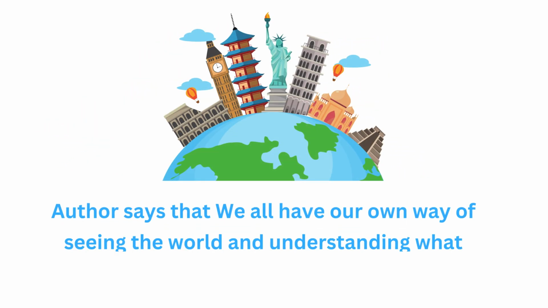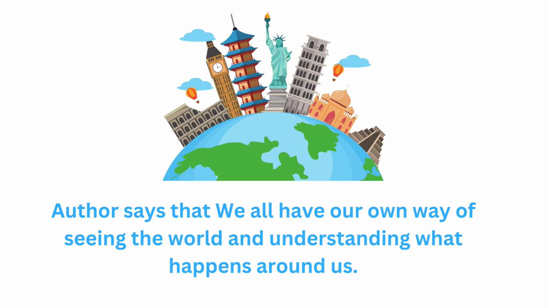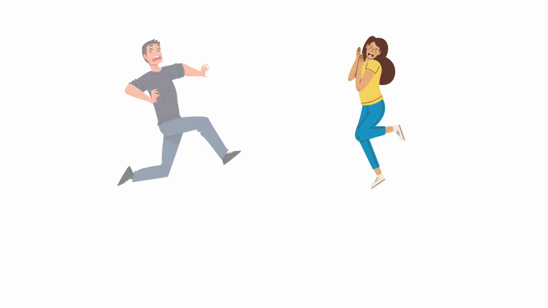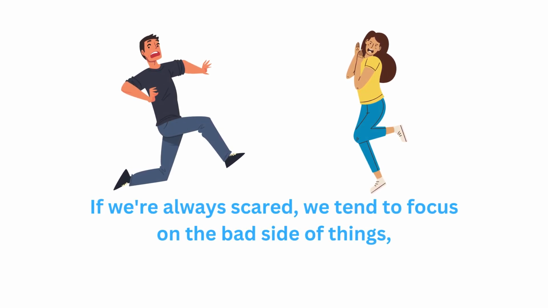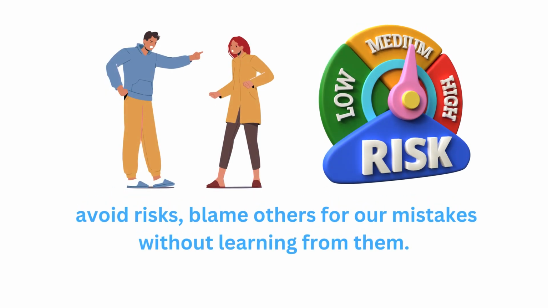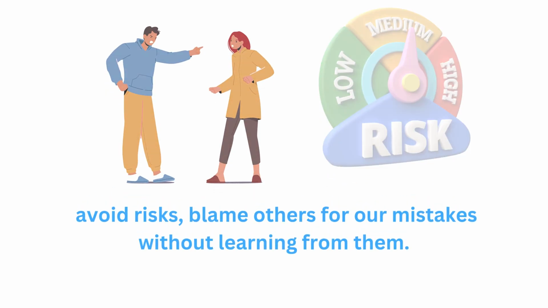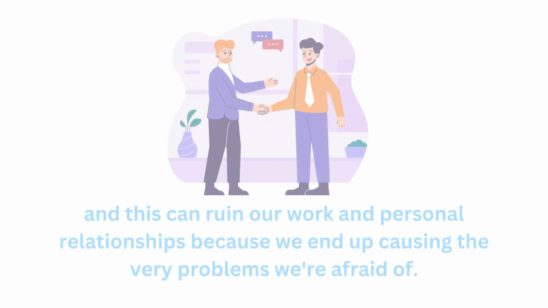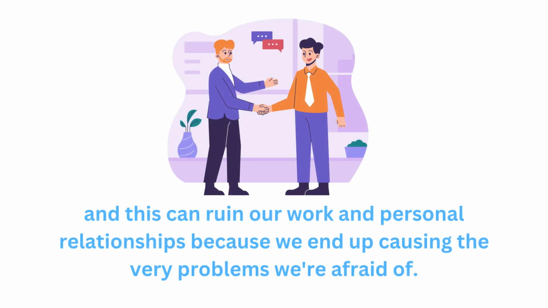The author says that we all have our own way of seeing the world and understanding what happens around us. This perspective and attitude play a big role in shaping our lives. If we are always scared, we tend to focus on the bad side of things, avoid risks, and blame others for our mistakes without learning from them. If we are hostile or distrustful, we make others feel the same way when they are around us. And this can ruin our work and personal relationships because we end up causing the very problems we are afraid